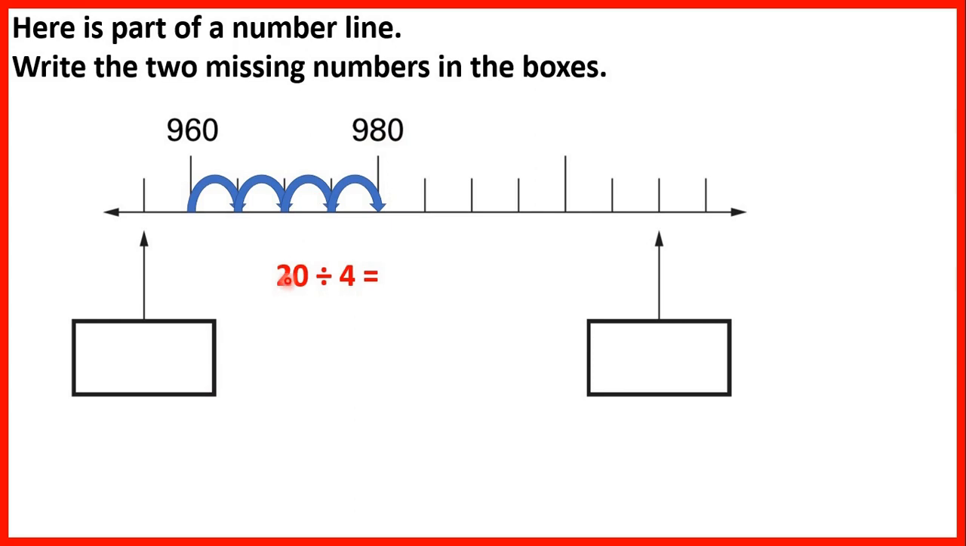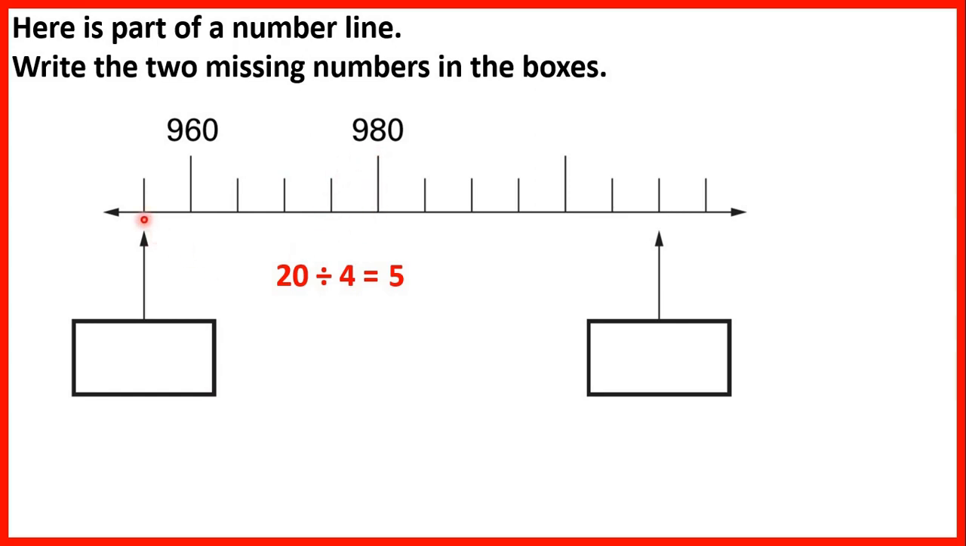980 is 20 more than 960. And because our difference was 4 lines, if we divide that by 4, that will tell us what each of these lines represents. 20 divided by 4 is 5, so each of these little lines represents an increase of 5. And that makes sense because from 960 we have 965, 970, 975,